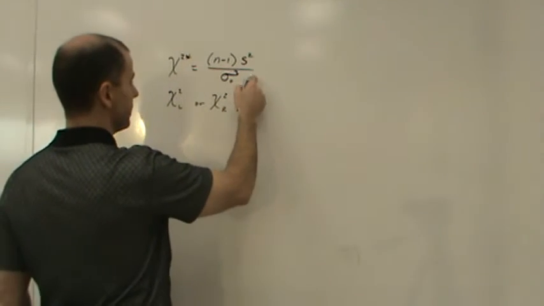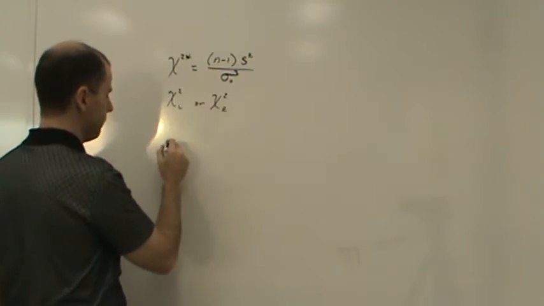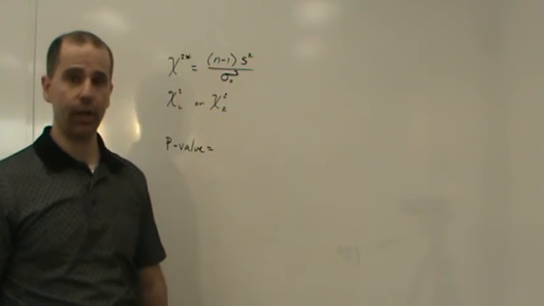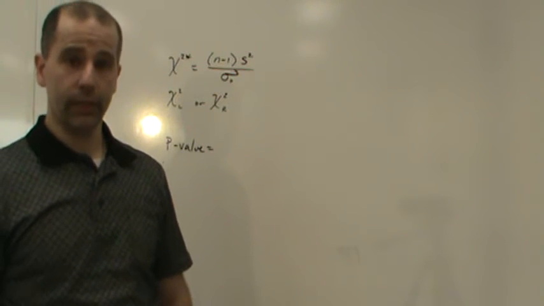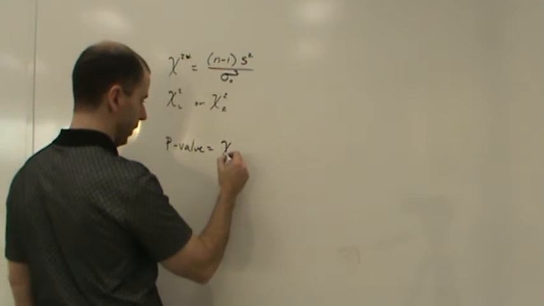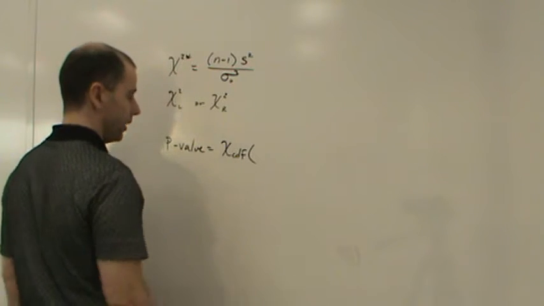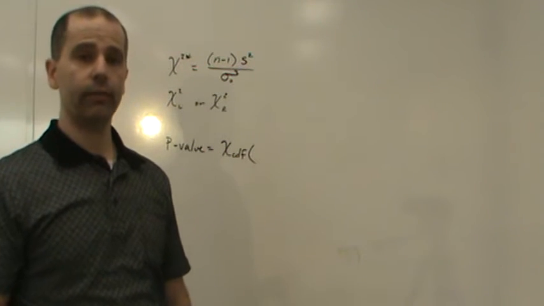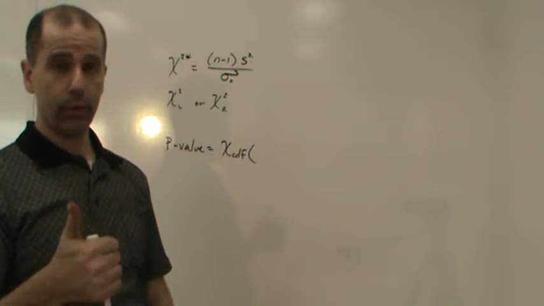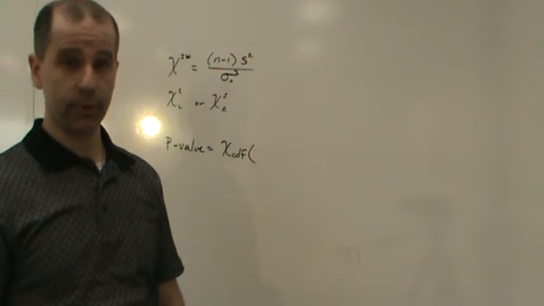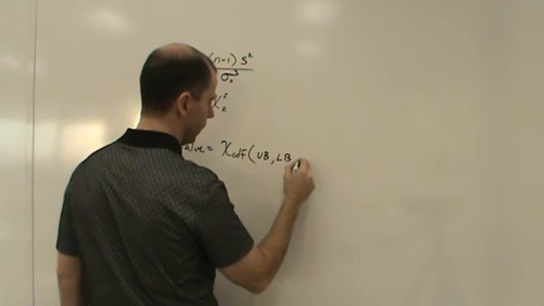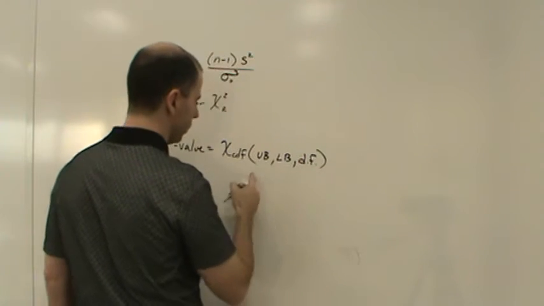Or you could take your test statistic and then find the p-value. Now the p-value is going to be using a new function on your calculator, which is called the chi-squared CDF function. Okay, so you can use chi-squared CDF, and just like your normal CDF function, or more or less like the TCDF, all you have to do is put in the lower bound, upper bound, and your degrees of freedom. And then that will give you your